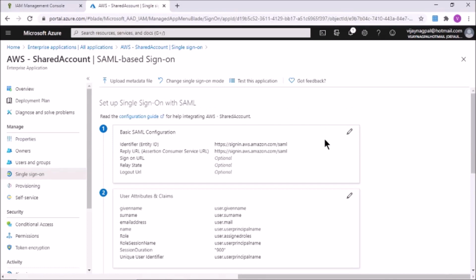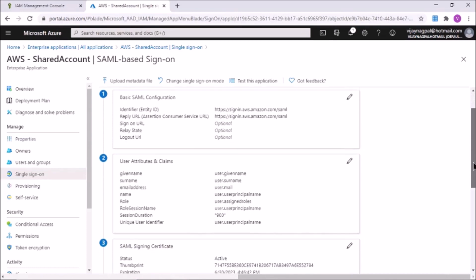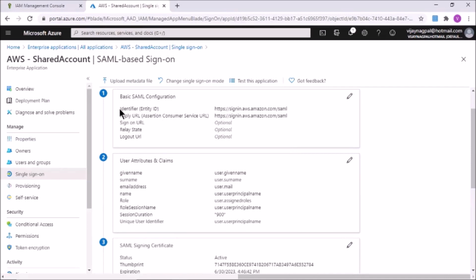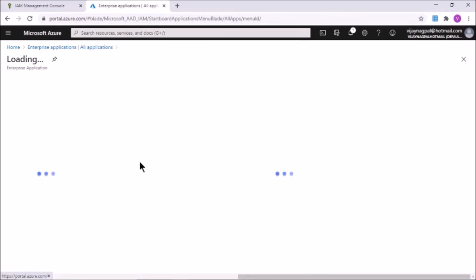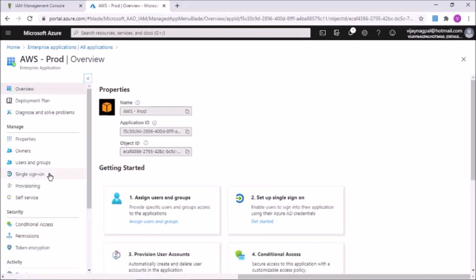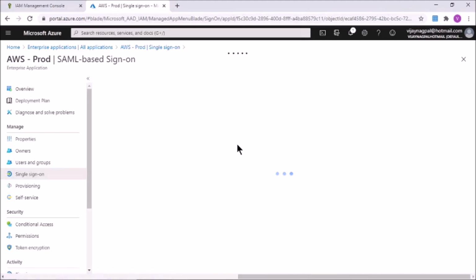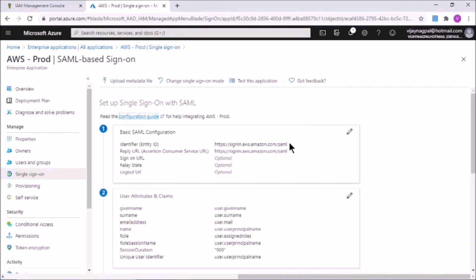These are the configuration settings. The first setting is the identifier. This is very important: this identifier should be unique for each application. We cannot use the same identifier for different applications. Let me show you. For my previous application, I have the identifier, the same identifier.